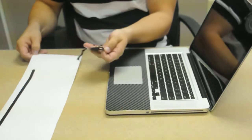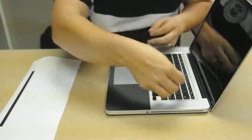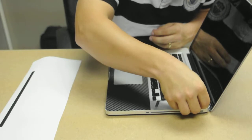Got two more pieces. Those around your power button and speaker. You can use your power button